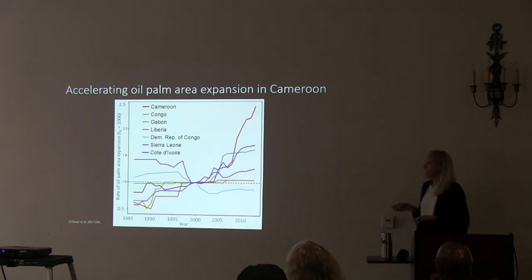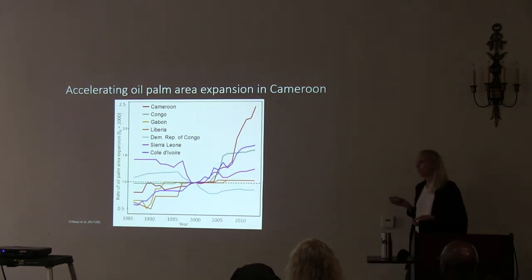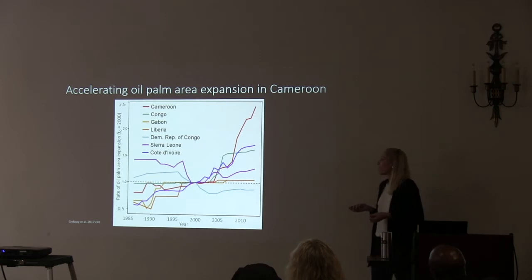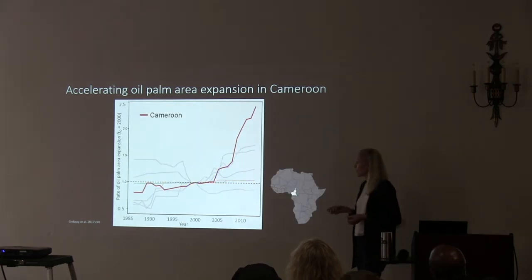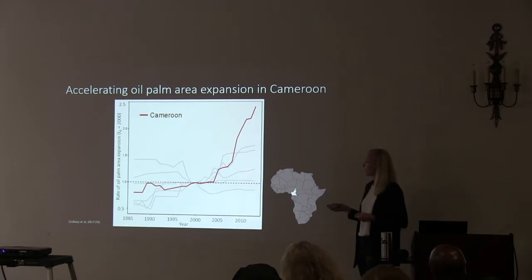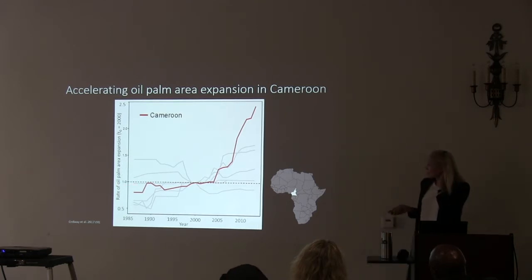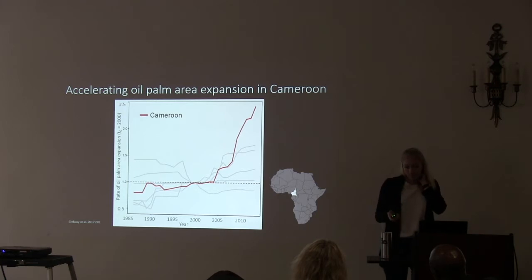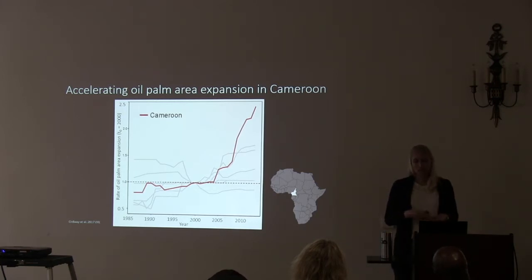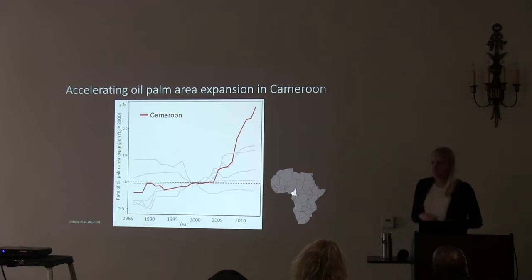So if we look across the key countries in the tropical forest region in Africa, what I found in terms of expansion was that Cameroon really saw most of the area expansion since the year 2000. So this is the rate of area expansion for oil palm production since the year 2000. And what's interesting about this is that 80% of local edible demand for vegetable oil in Cameroon is linked to palm oil. And it's actually one of the top producing countries in Africa.